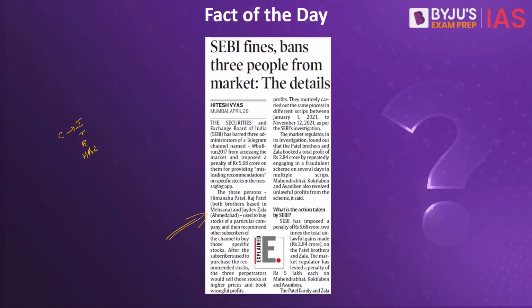So what exactly happens? You will have two individuals. One is from the government front, the other is from the private front, that is the person who is present in that particular company. Insider trading basically means that, let's say, there is a government official who knows the rules and regulations, or the policy initiatives that the government is planning to come up with. So the government may come up with a proposal that we are planning to liberalize sugar. As a result, sugar exports will start increasing from the very next day.